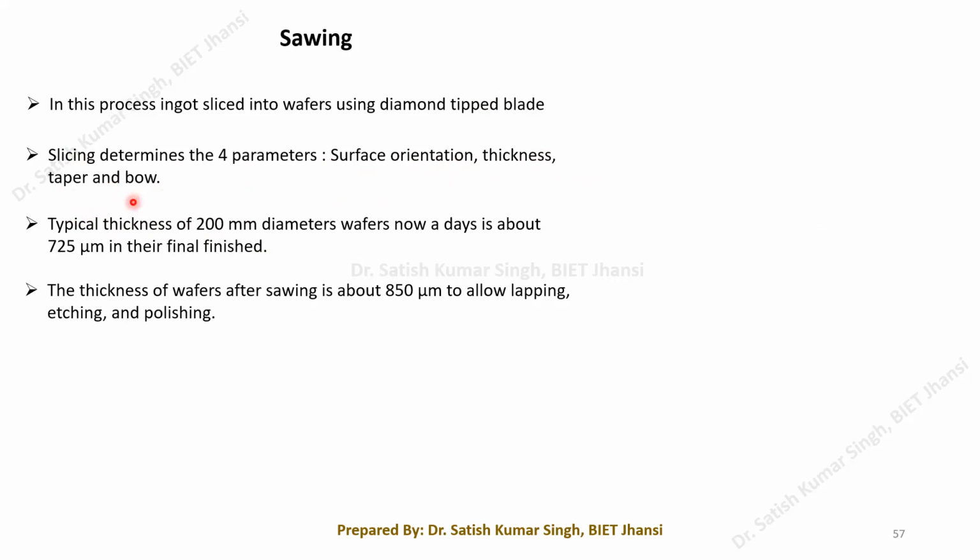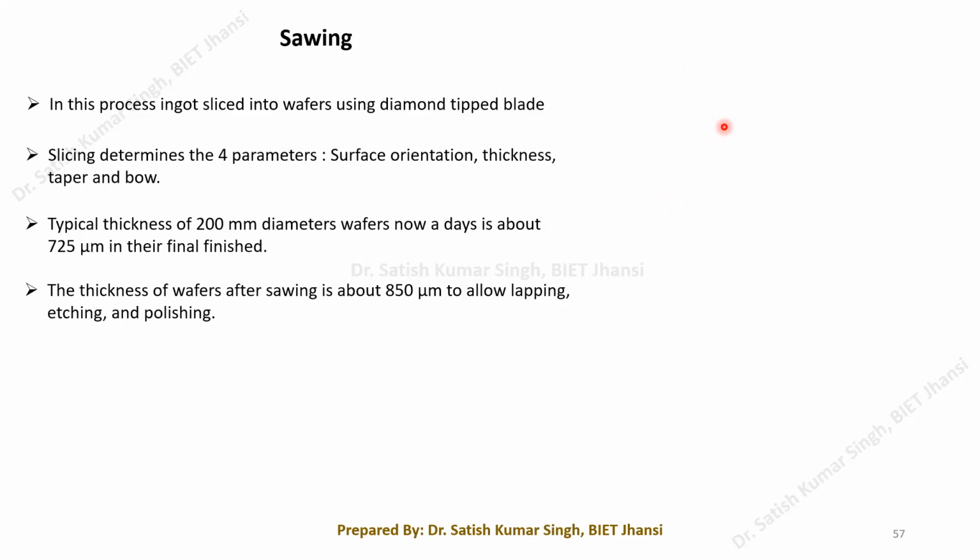Basically, taper is the measurement of variation of the thickness of your wafer from one end to another end. Let us say we have a circular wafer. If you move from one particular end to the other end, what will be the total variation of the thickness of the wafer? That we are calling tapering. That tapering should be very small. If it is not small, then that will create a problem while manufacturing the devices.